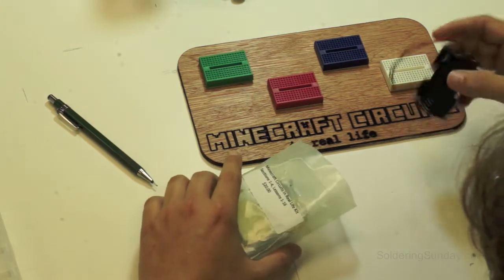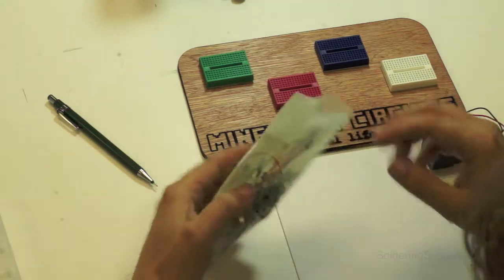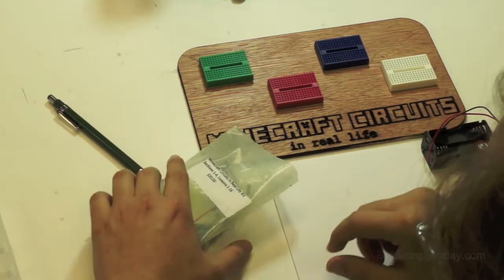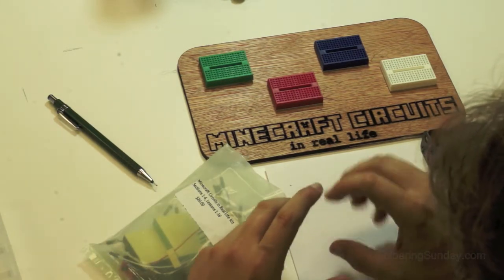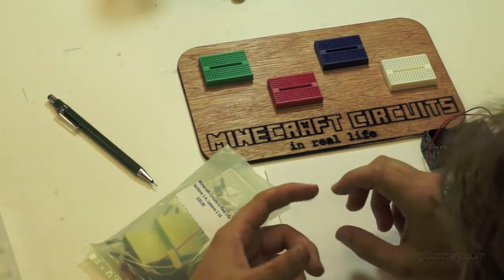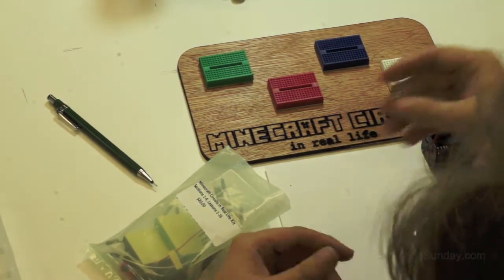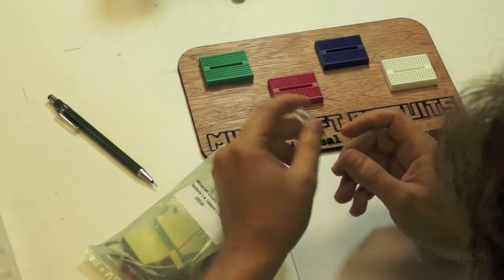So in Minecraft, we've got redstone blocks, which represent energy, and in real life we have batteries that are our sources of energy. One of the differences between Minecraft and our real life circuits is that in Minecraft all of the inputs and outputs generate energy. In real life, all of the inputs and outputs are either connecting something or sending energy out or taking electricity, turning it into light. So we have what would be light, which is the LED torch, and so with that,